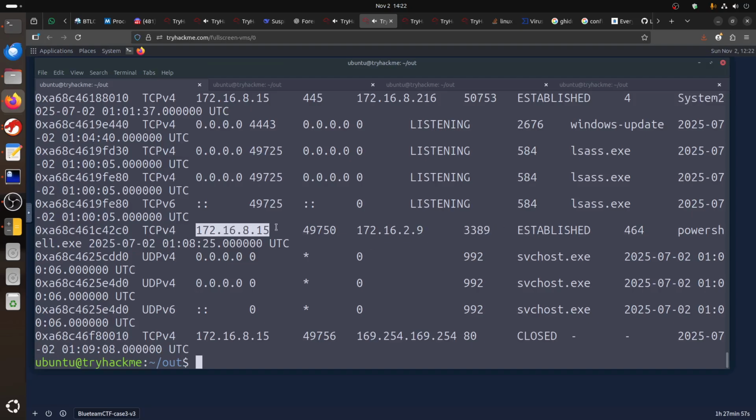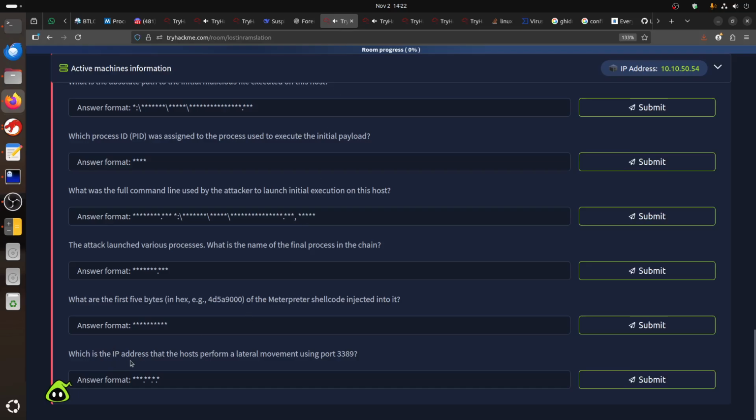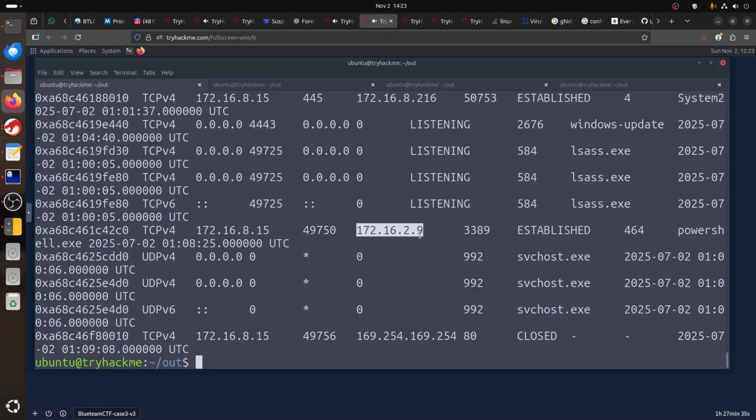You can see its local IP from 167.2.16.8.15 to this. The port is 3389. So the answer is the IP address that the host used to perform lateral movement using port 3389. Or basically it is this one. No, this is network. Now the question which you can say is